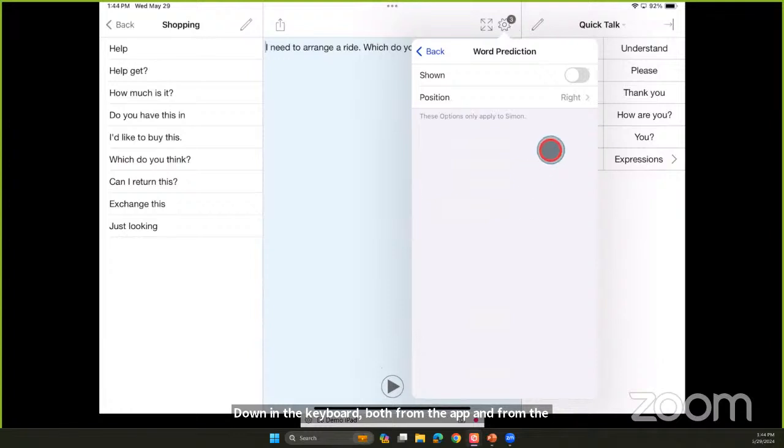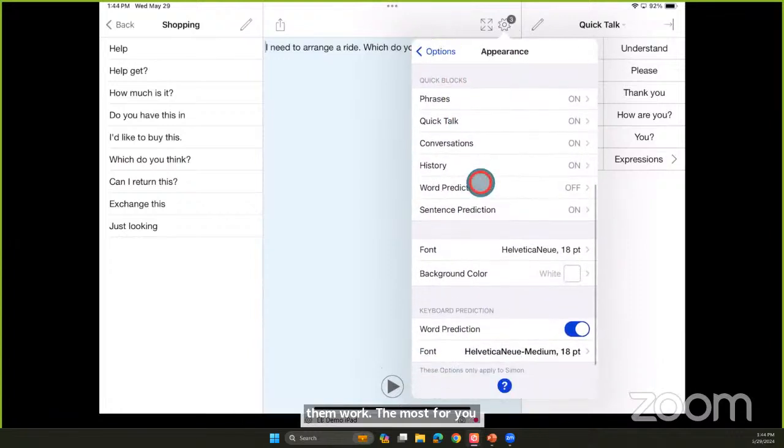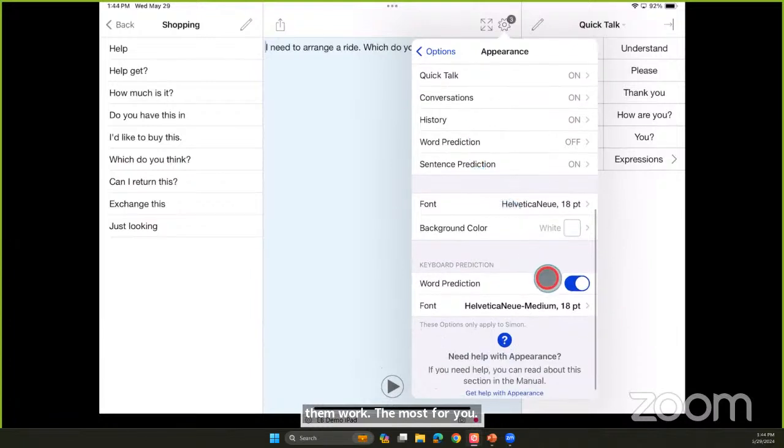But here's where you can make it shown or not shown, and then what side of the screen you want it on. So you can really customize where things are and make them work the most for you. And then down here, you could even turn off their word prediction on the keyboard and just use the iPad's if that was something that you wanted.